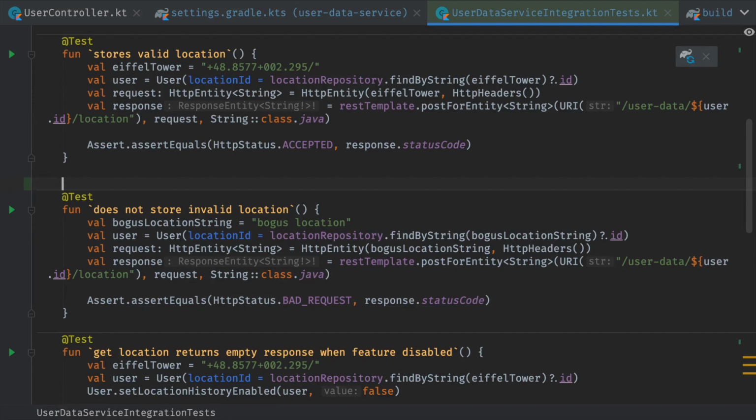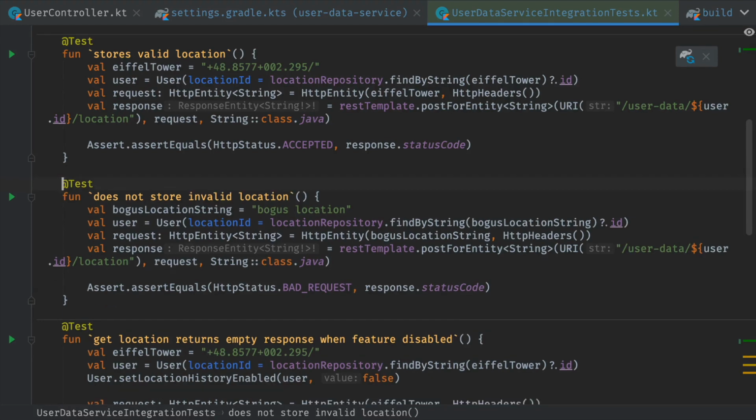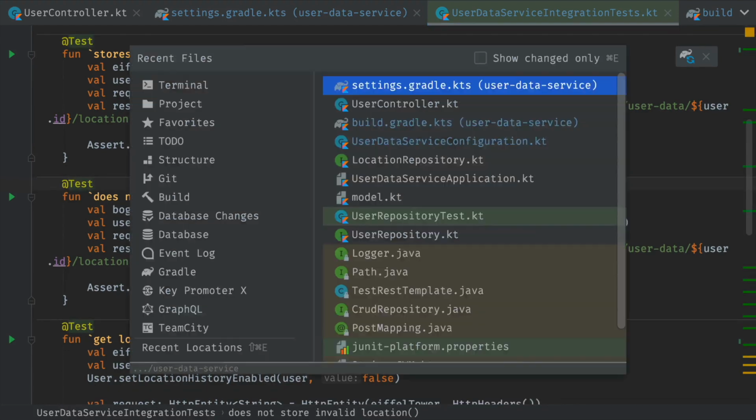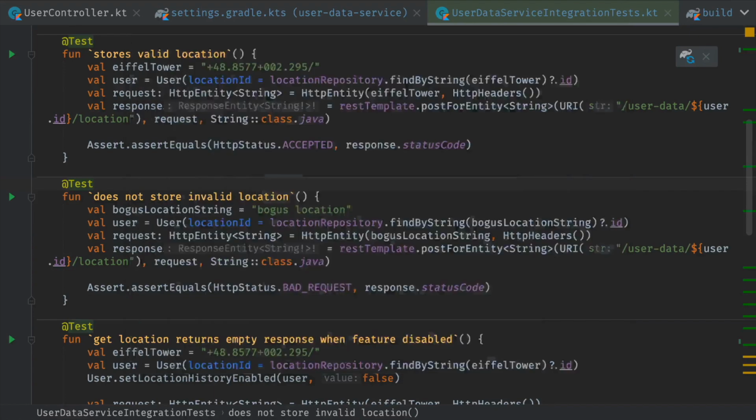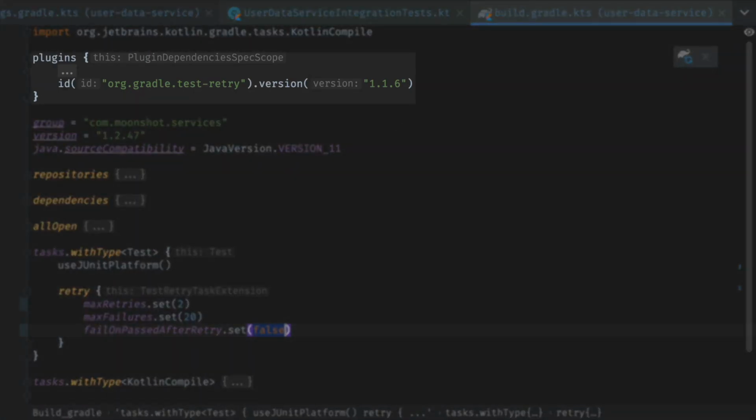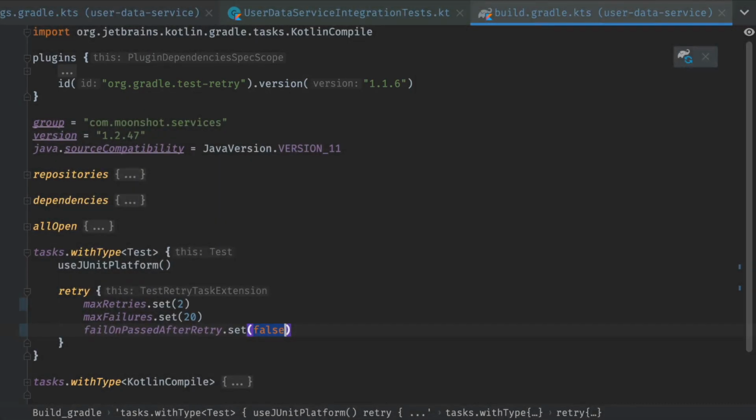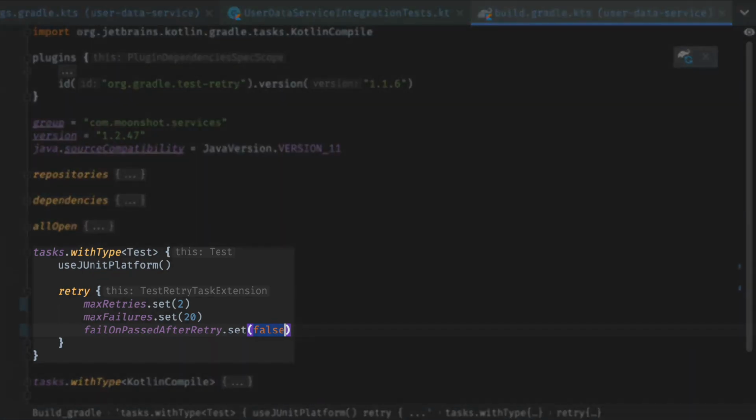That means you can use any test retry mechanism, including JUnit retry rules, TestNG retry analyzer, or test rerun capabilities provided by Maven and Gradle. For Gradle projects, we recommend using the official Gradle Test Retry plugin, as it is a convenient way to enable retrying for all tests. After applying the plugin, we configure the test retry extension to rerun failed tests up to